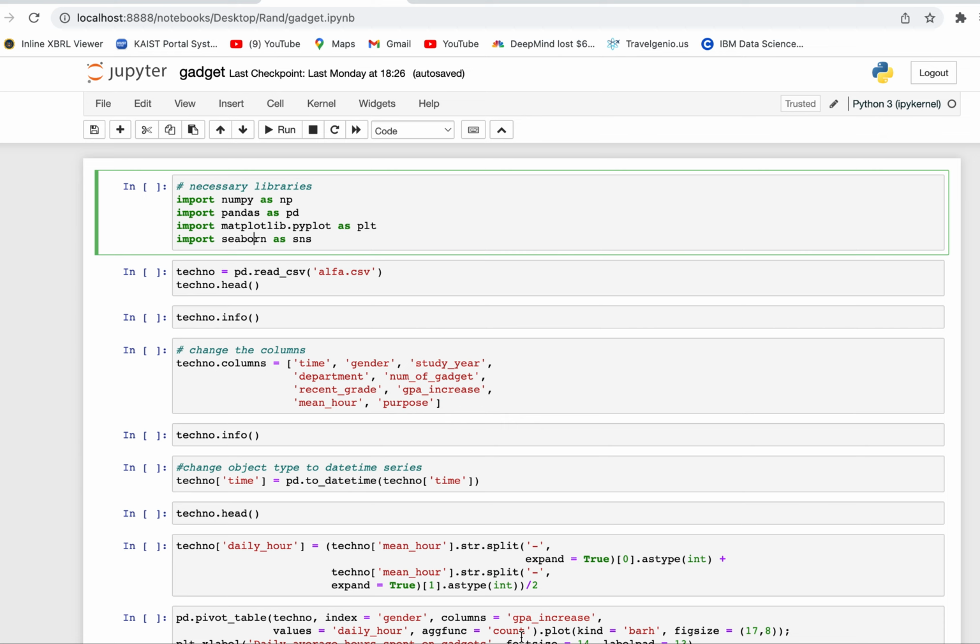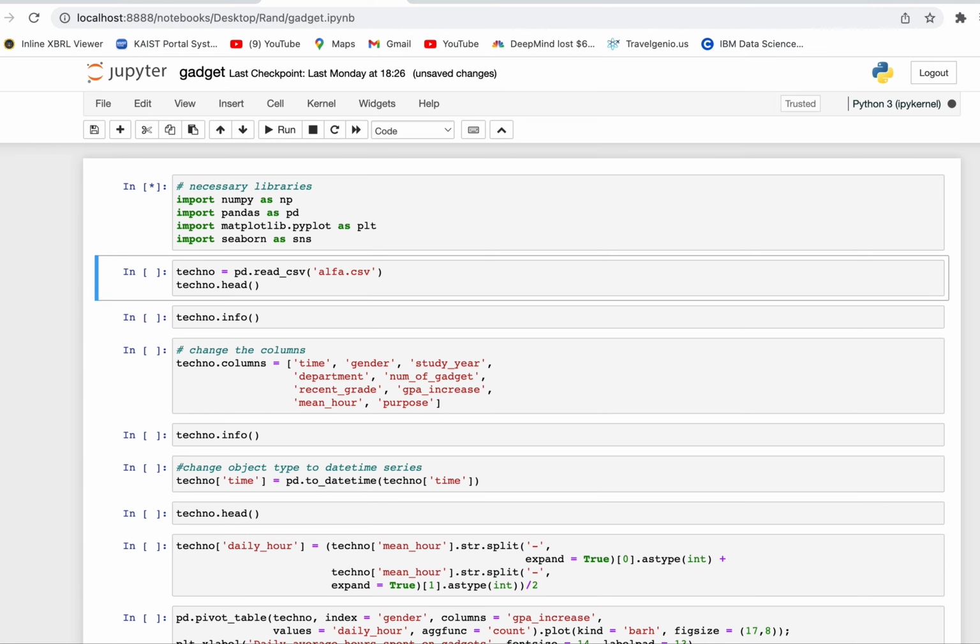So first, I already opened Jupyter Notebook using Anaconda, and first we need to import some libraries to do analysis. I imported NumPy, pandas, and matplotlib and seaborn. So let me run. Okay, then